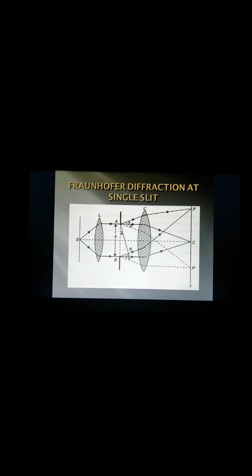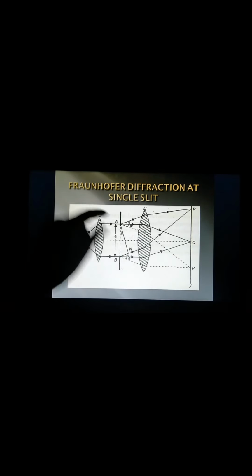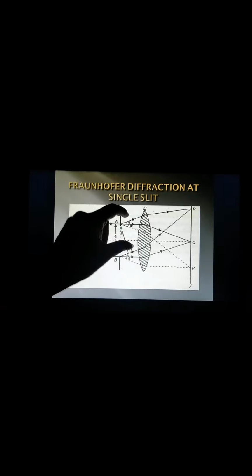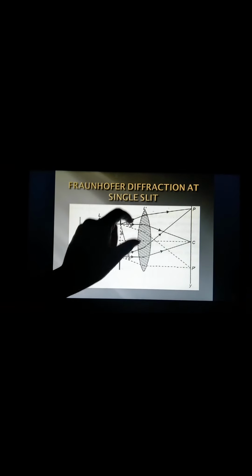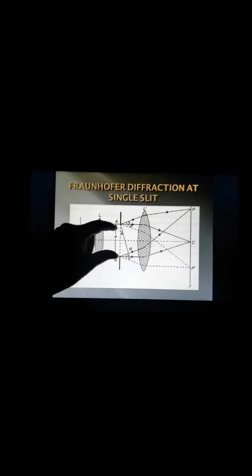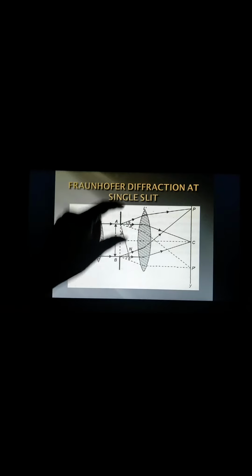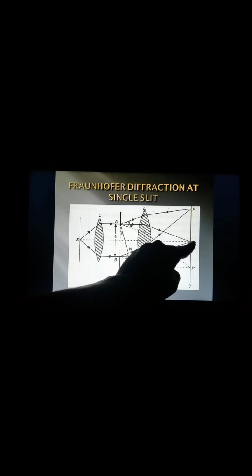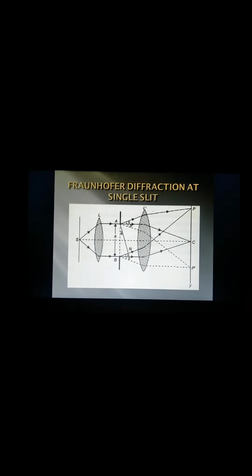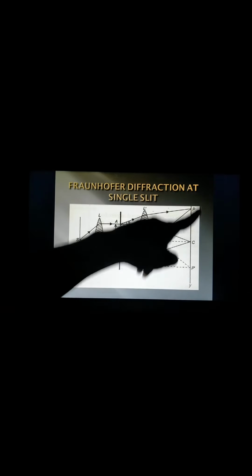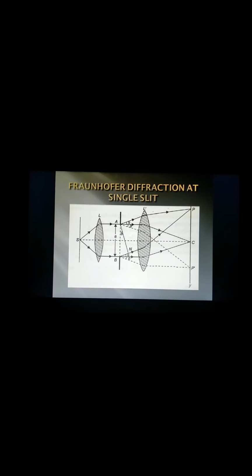So now we need to do the rigorous calculation to find the path difference of those two diffracted rays. After diffraction from the slit, there are two diffracted light rays which are converging at the point P, and the central maxima is at the point C, which is basically where the parallel rays incident on the second lens meet, at the focus of the second lens. So now we need to do the total rigorous calculation to find the path difference, to find the resultant amplitude, to get the condition of the central maxima, the principal maxima or the secondary maxima.